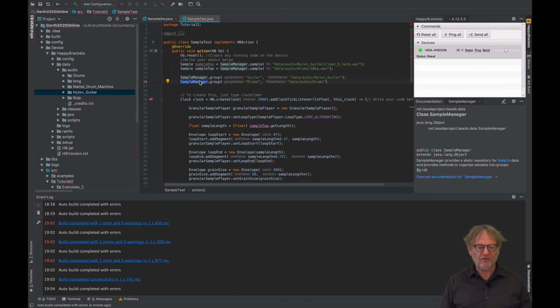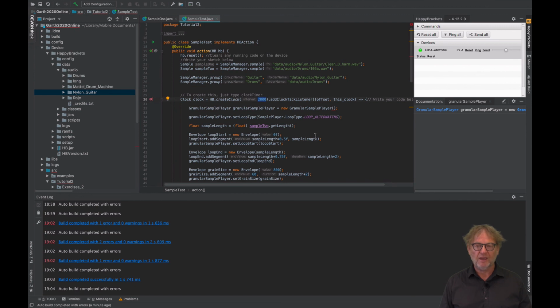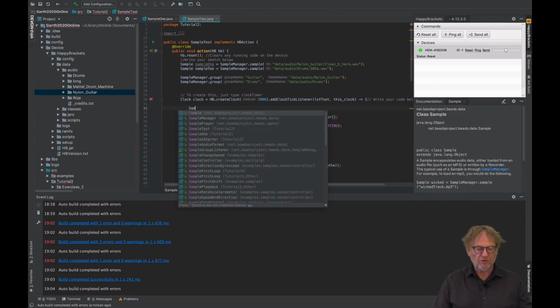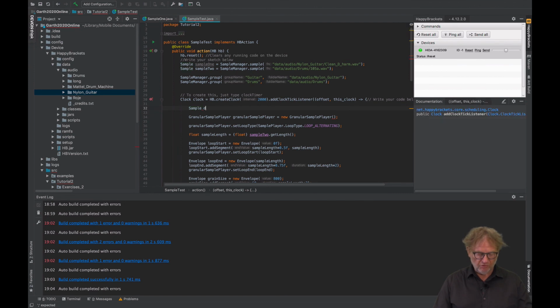Okay, so here we've generated a sample manager group called drums. We need to put a semicolon at the end there. And now we want to randomly call those samples, those drum samples, every time our clock generates a new granular sample player. So instead of sending this as set sample, I've just deleted that, we need to make a sample here. So we're going to make a new sample and we'll call this drum sample